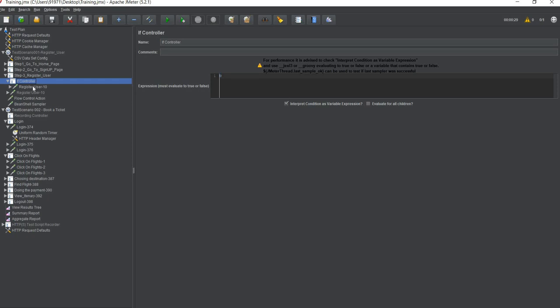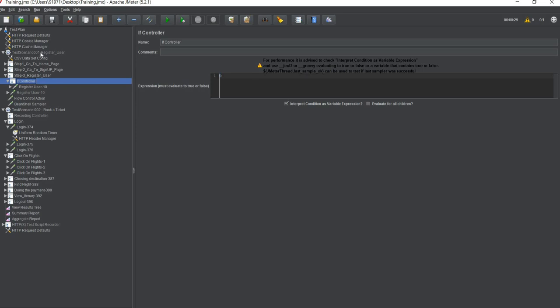Otherwise, you will add it. So I am just giving you a brief of the controls. I am not using all of them. We will be using only those components which are applicable as per this test scenario. But I am just giving you a glimpse, and you can Google and use them in your project as and when required.